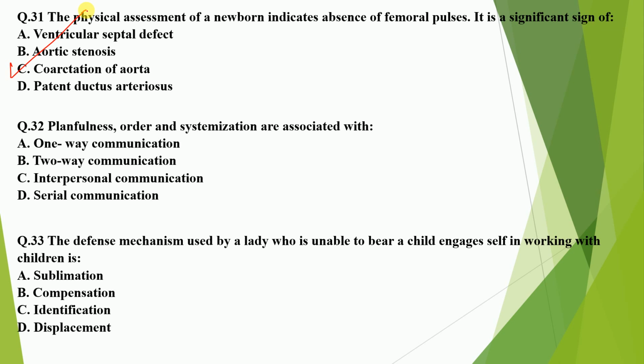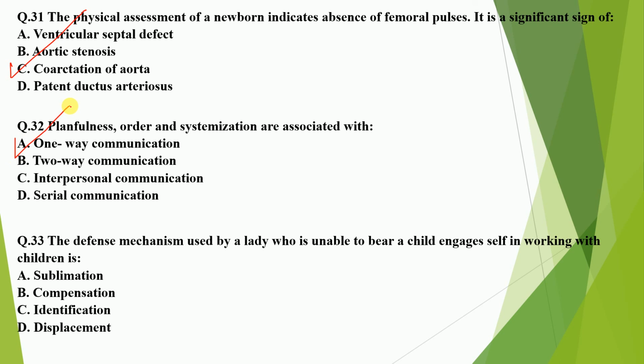Next question. Politeness, order, and systemization are associated with: option A, one-way communication; option B, two-way communication; option C, interpersonal communication; option D, serial communication. Correct answer is option A,